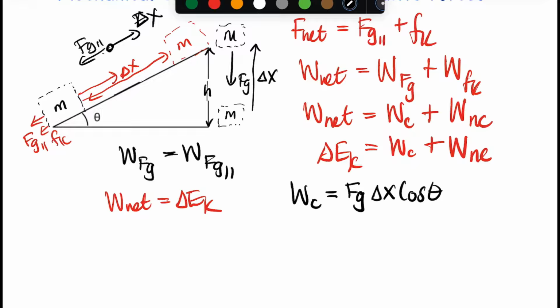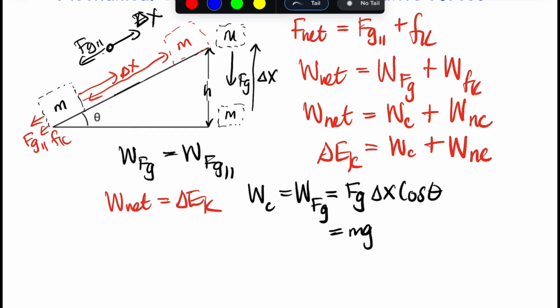That's the work done by gravity. Let me put it this way: the work done by the conservative force is equal to the work done by the force of gravity. Now, since we know this force is mg,